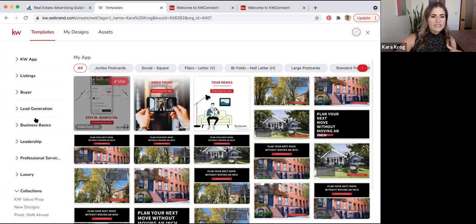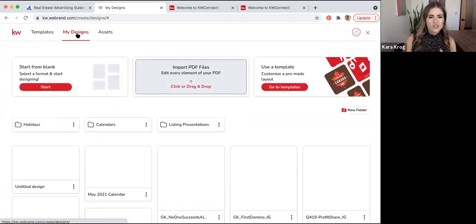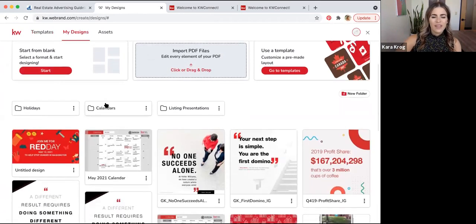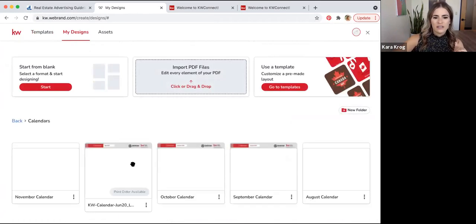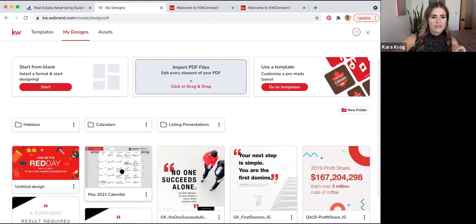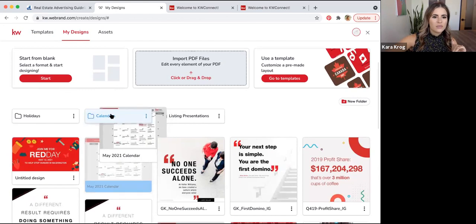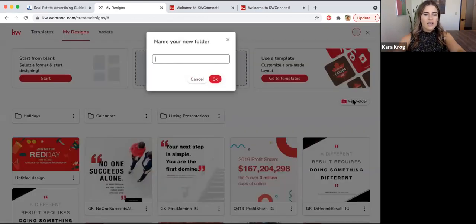So here I've got all these templates to choose from, but if I want to go back to looking at my designs, just wanted to show you guys real quick. Now I can actually create folders for my designs. So as you can see, I've got some calendars here, but this calendar didn't quite make it in there, so I can just click and drag, drop it right there. If I want to create a new folder, I can click new folder, and maybe we'll call this one Open House Flyers.